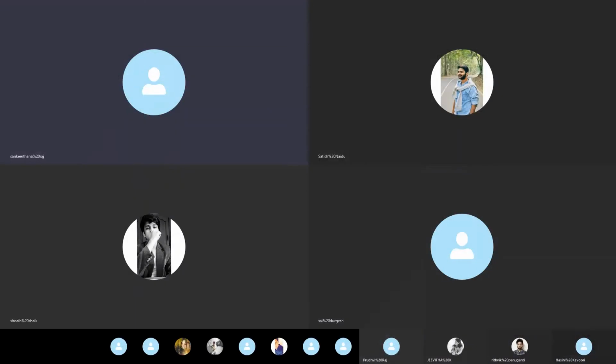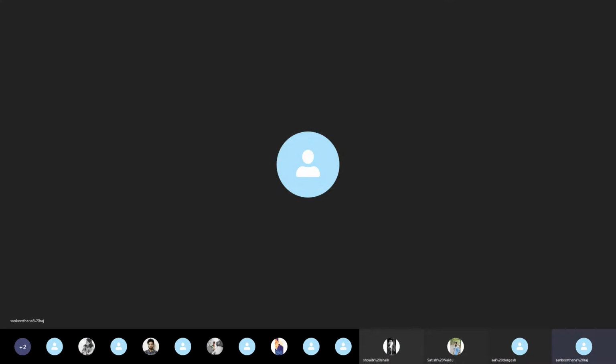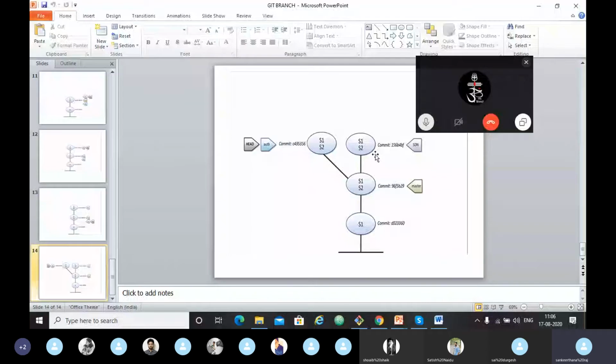We have created two branches here, SDN and Auth branch. So we have seen till now. Today we will see the topic of merge. Whatever we have created here, we want all those branches to merge into master branch today. So we will merge our changes into master branch.